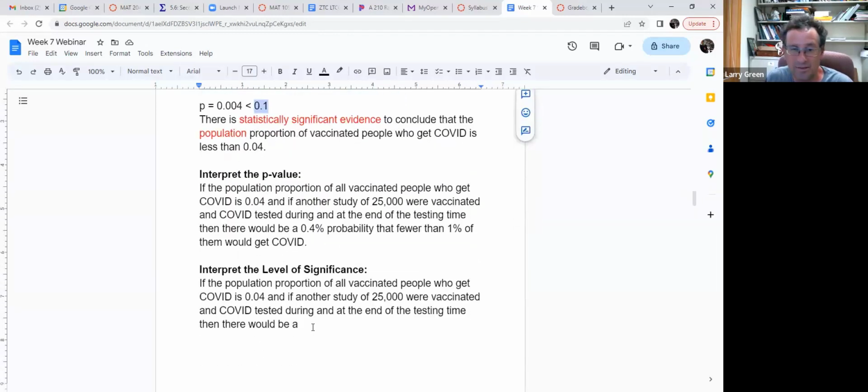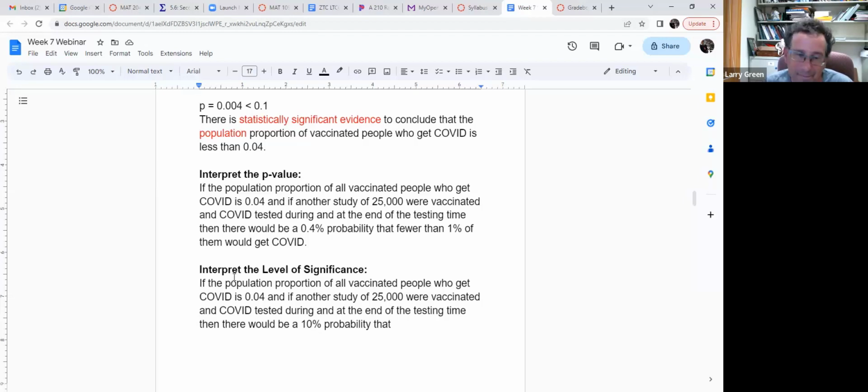So I'm going to write 10% chance, or probability if you want, might be more formal, probability that, so now the level of significance, remember, is the probability of a type 1 error. So type 1 error